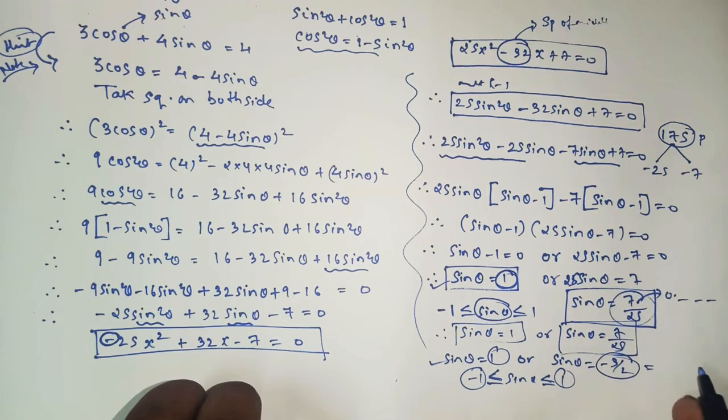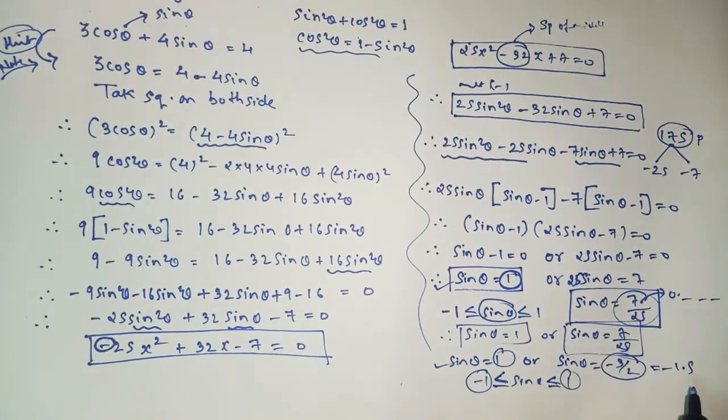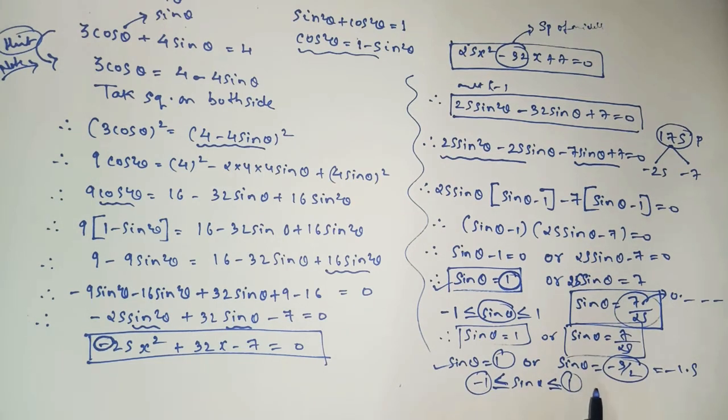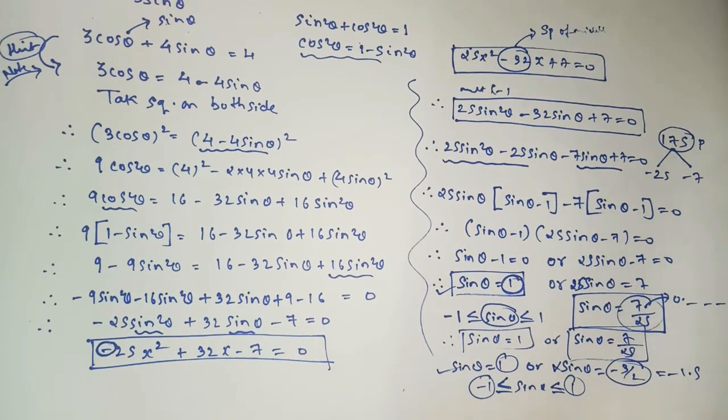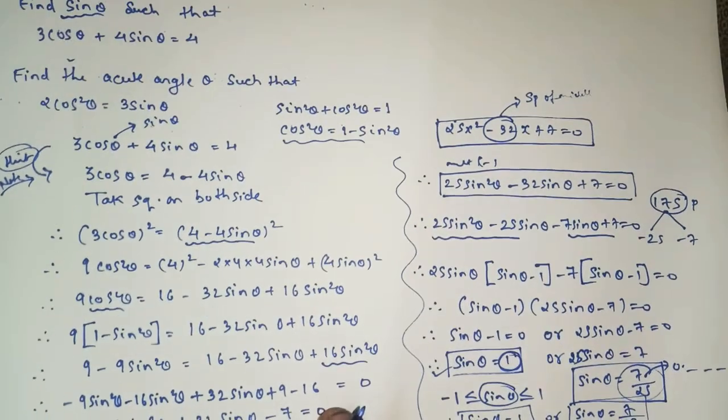Minus 3 upon 2 will be minus 1.5. As we know that minus 1.5 does not lie between minus 1 and 1, we cannot consider this section, as it says that if you want to find the answer of sine, it should lie between minus 1 to 1, including minus 1 and 1 also. Okay, so in this way you have to decide whether we have to consider both values of sine or only one value. Okay, so this is the range for sine. I hope you all understood this sum also.